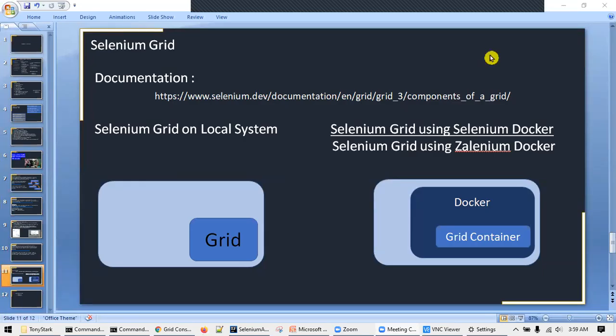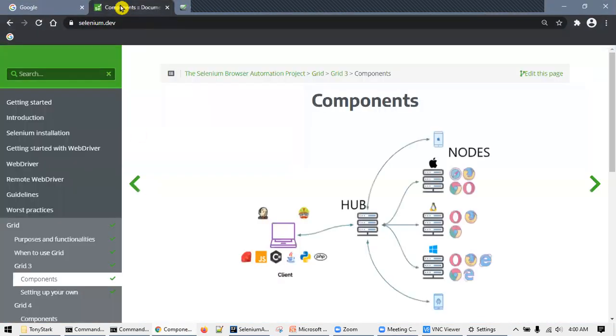Now in this session we will try to understand, install and use the Selenium Grid. So let's get started. This is the official documentation of the Selenium Grid. Let us go there and see what it is saying. There are some other materials you can go through for the explanation, but basically in a nutshell, Selenium Grid is used for